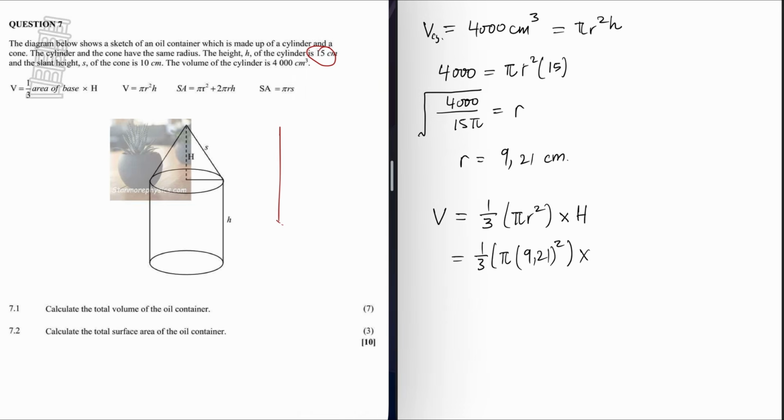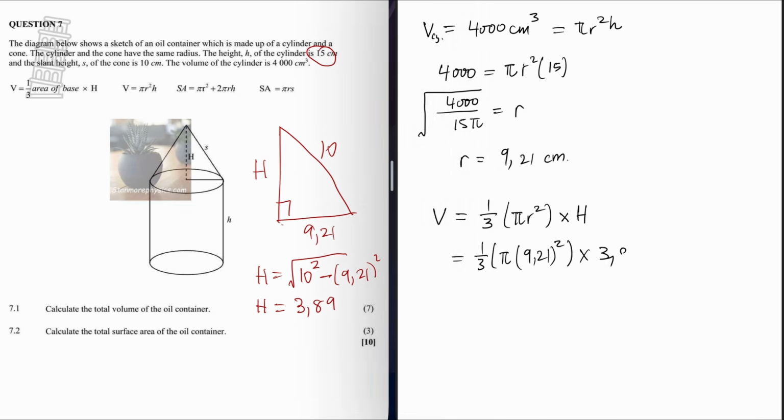Now we don't actually know the height, we've been given the slant height. So if I look at the triangle, I know that this is 9,21. I know the slant height is 10. And so if I want the height, I can use Pythagoras. So h is going to equal the square root of 10 squared minus 9,21 all squared. And so h is going to equal 3,89. So multiply by 3,89. And that's going to give me a volume of